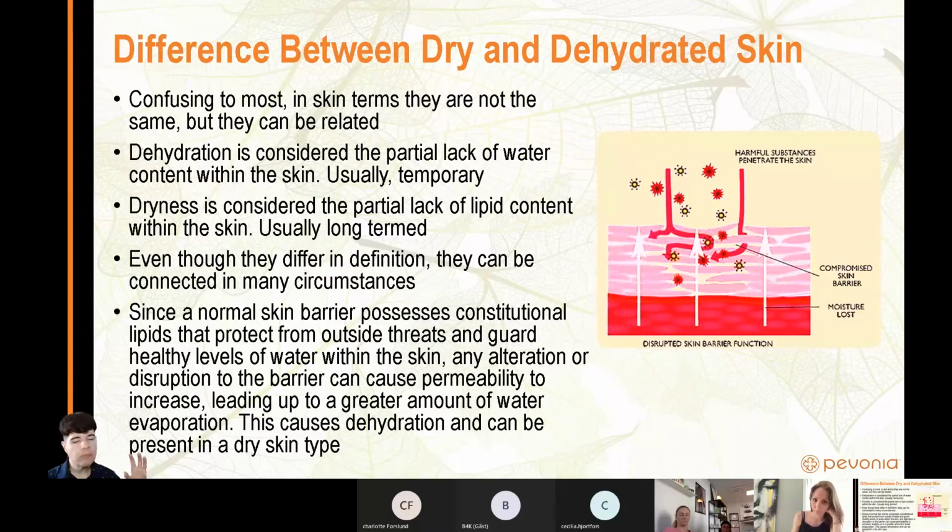So, dry skin and dehydration can be connected because, of course, one can lead to the other. And what happens here is that dryness leads to dehydration. All right. When you are dry, your skin barrier is affected. It's thinner and it's less present. So what happens is that with a thinner barrier, it's much easier for the skin to evaporate the